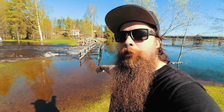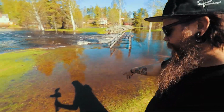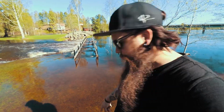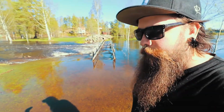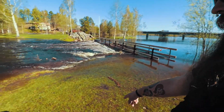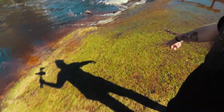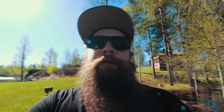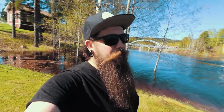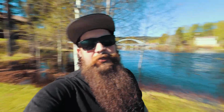I was able to walk here yesterday. Look, I could walk up until the bridge yesterday. Now it's full of water over here. And it's coming down here as well. Look, it's flowing down here. And yeah, I can't even get close to the bridge now. And a couple of days ago, I could even walk over the bridge. But yeah, even